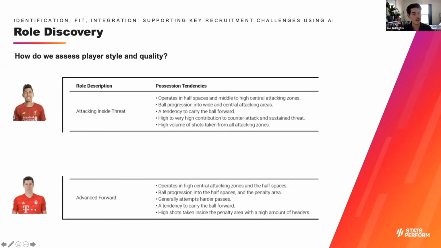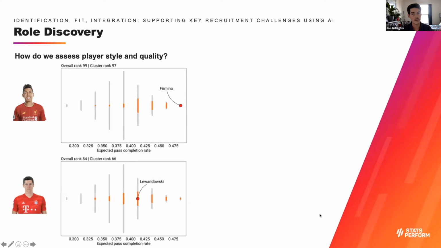And then advanced forwards like Lewandowski tend to progress the ball higher up the pitch and into the penalty area, and they take a high volume of shots from inside the box and also have a lot of headers. So using these newly assigned roles, we can more meaningfully compare potential targets with similar players in specific KPIs of interest to these roles. So for example here, we might want to look at expected pass completion rate, or xP,